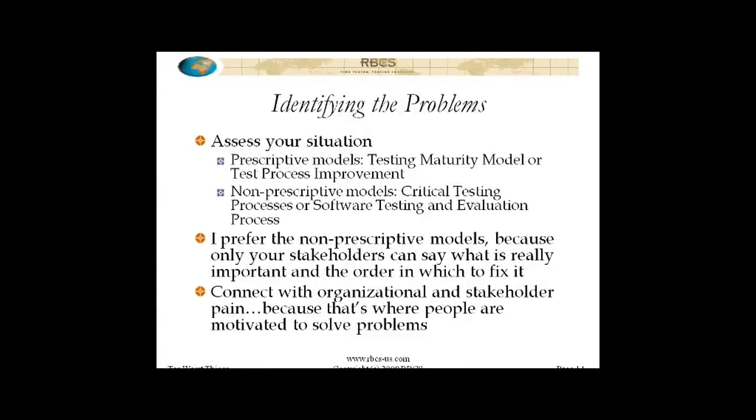But if you say, we have identified an opportunity to save an extra $500,000 a year by raising our defect detection effectiveness from 90% to 95%, this is a compelling argument. This is the kind of argument that can inspire some amount of investment. So, I think you need to connect to what's actually important and what your stakeholders perceive as pain and where there is inefficiency and ineffectiveness, and use that as a way to motivate people to solve problems. And that's going to happen in the non-prescriptive models, because that's what they're focused on, identifying pain points and putting solutions in place for them.